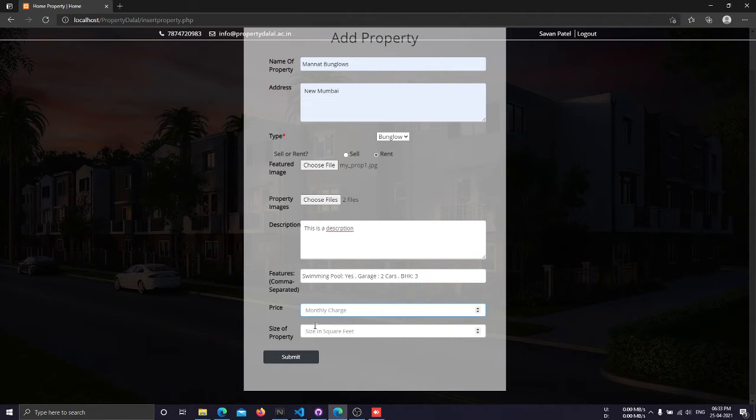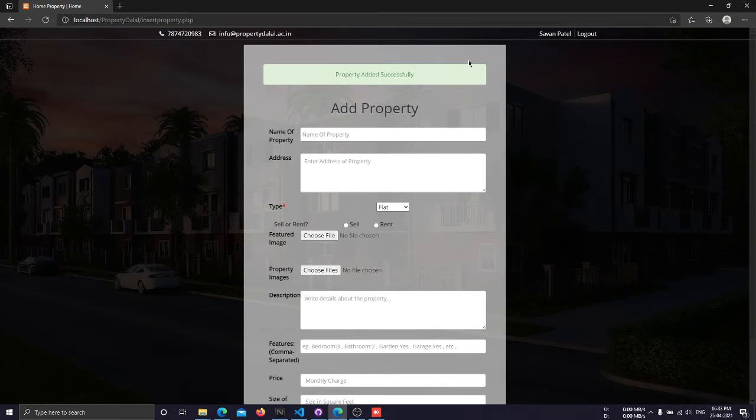Now the price. We are adding this property for renting, so let's say 20,000 per month, and the square feet is like 2,500, for example. Once we submit the property, it will say property added successfully.